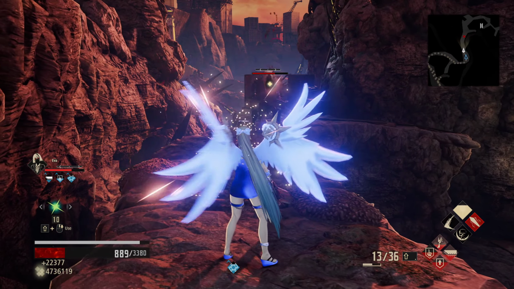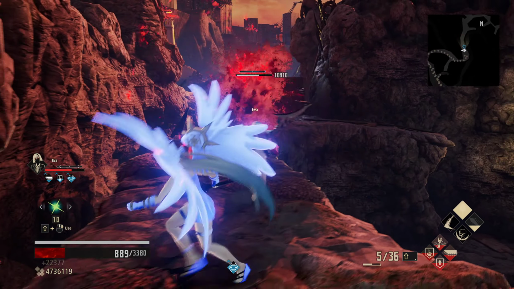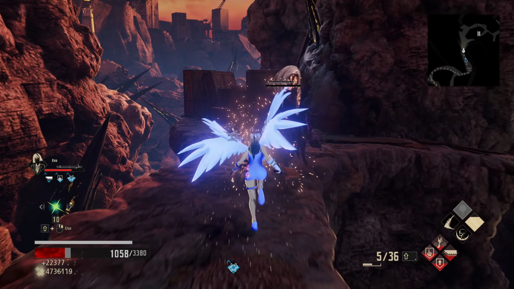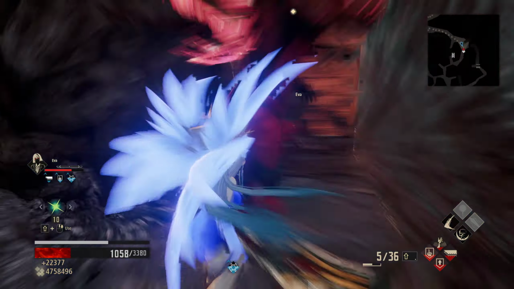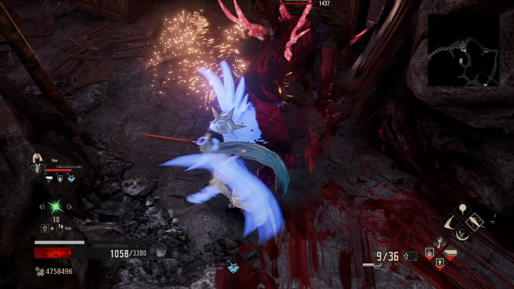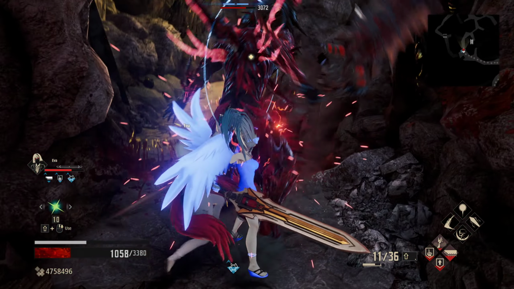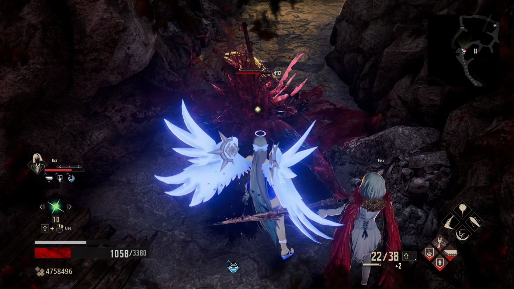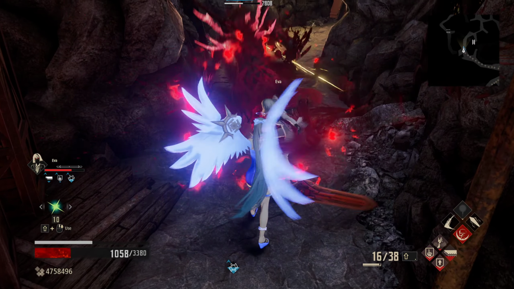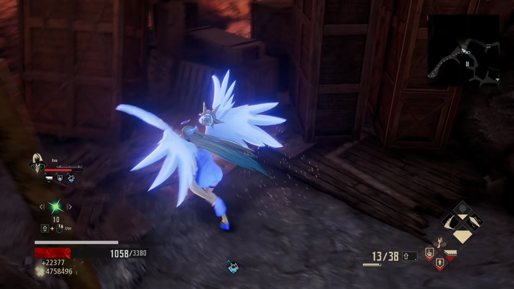Okay, and we'll go for a Draconic Stake. Now you can see that the startup time on the Draconic Stake is very, very long, so you definitely want to make sure you are paired up with Eva in order to get the shortest amount of cast time possible. Okay, so we'll go for a Sanguine Roar, and oops, okay, and I was going to say an Argent Wolf